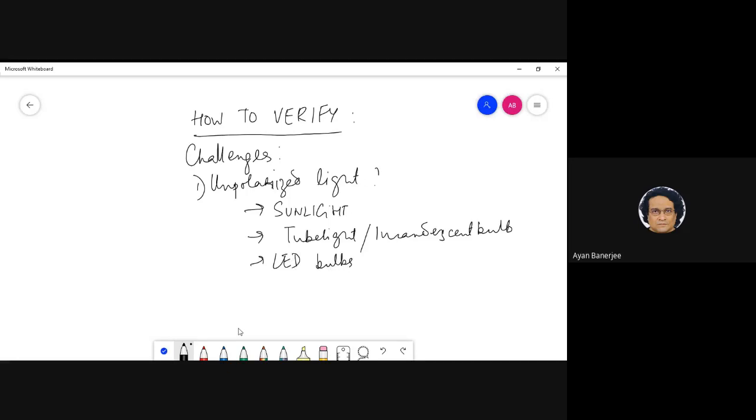So then what do you need? How will you have your source of unpolarized light? You tell me, you have no access to sunlight, no access to tube light, no access to LED bulbs? Of course you have. Measurement instrument. How can we measure the reflectance? Think. What is your detector? What can be your detector?